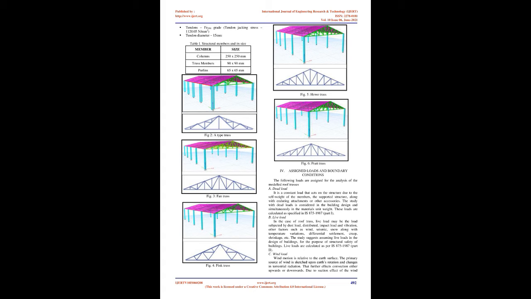Wind motion is relative to the Earth's surface. The primary source of wind is Earth's rotation and changes in terrestrial radiation, that further affects convection either upwards or downwards. Due to suction effect of the wind,